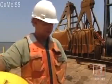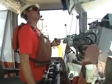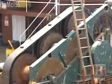The whole Charleston Harbor here, we've got it on our computer disk and everything, and we can pop it up at any time and see exactly where we're going to be headed to and exactly how to get to it and set up. The entire job is sectioned off into stations, which can be completed in a 12-hour shift. The dredge scoops and then moves back and forth within each station until the area is cleaned out. With help from the computer system, this dredge...